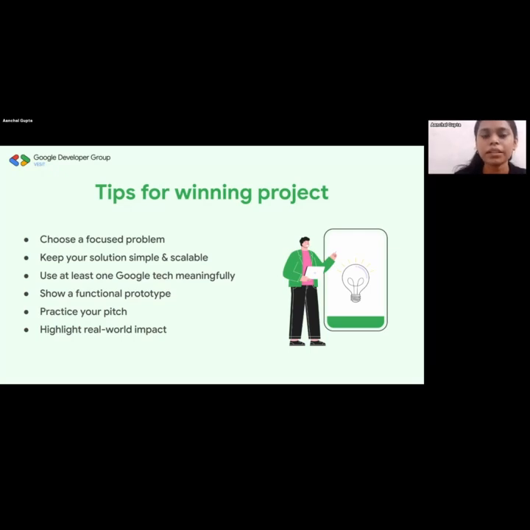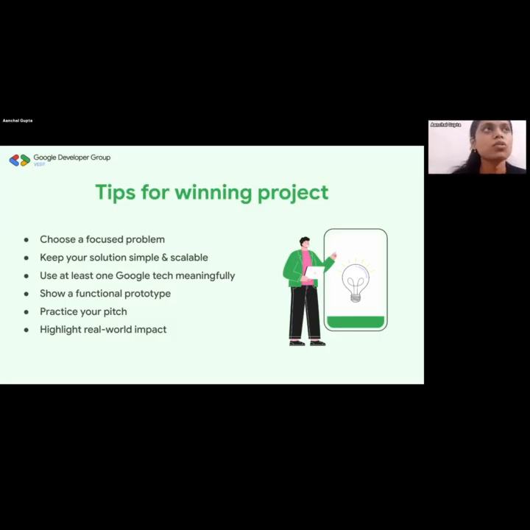solving the problem, right? Another example could be, we wanted to build a chatbot to help people with their mental health problems. Basically, something that is going to be empathetic, something that is going to give you solutions. So we wanted to build something like that, and we were asking a mentor how we can make this a better solution.